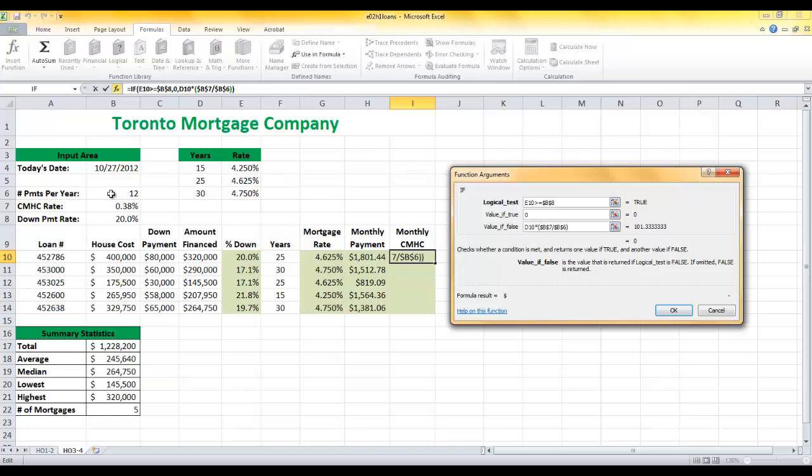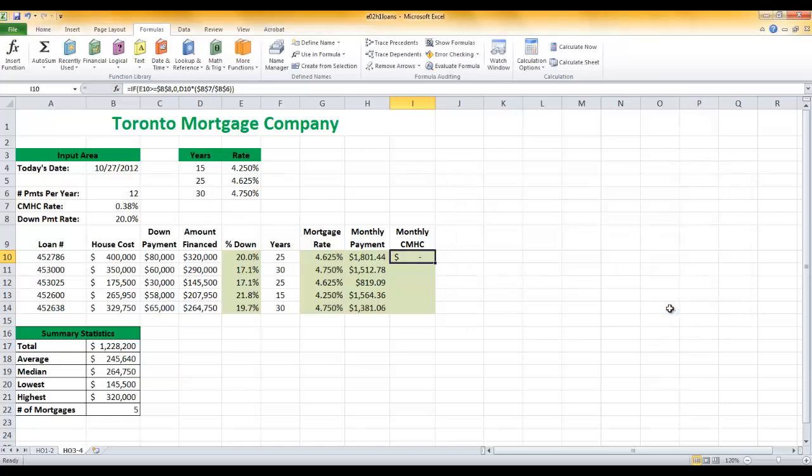So by pressing OK, we'll notice that there is no payment required for loan number 1, which is true because their down payment was 20%. By clicking on our fill handle and dragging down, we instantly see that loan 2 is less than 20%, so they owe $91.83 on top of their monthly payment. Loan 3 owes $46.08. Loan 4, there's 0, and as you can see why, because their down payment was greater than 20%. And the last loan was